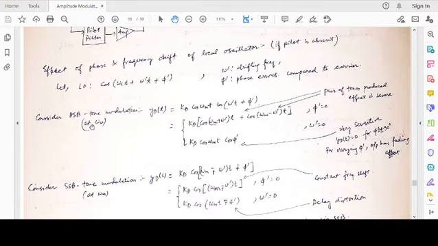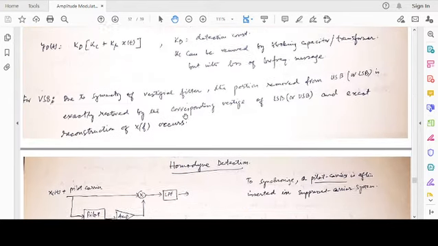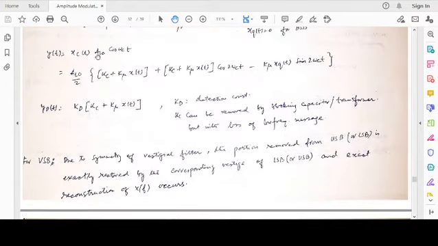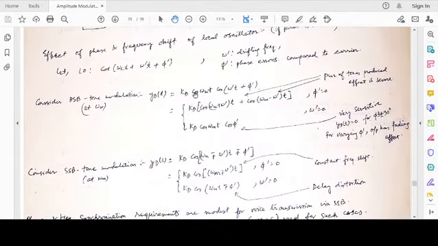In most cases, when you analyze the performance of a system, you have to resort to tone modulation. That means a particular frequency, omega m. From Fourier analysis, you know that you can expand a signal in terms of a collection of frequencies, and hence at a particular frequency omega m, let's try to understand the details. So the detector output would be k d, the constant, times cosine omega m t, times cosine of omega prime t plus phi prime.